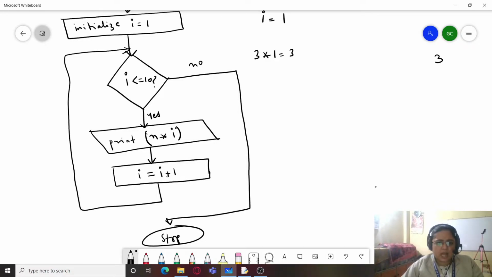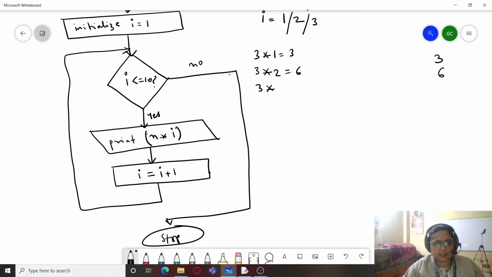Then I plus equal to 1. So over here I will be incremented. It becomes 2. Again we go back, check whether I is less than equal to 10 or not. If it is yes, again print. So now it will be 3 because 3 is n and I is 2. So 6 will be printed next. Then again I will be incremented. It becomes 3. It will again go back, check.